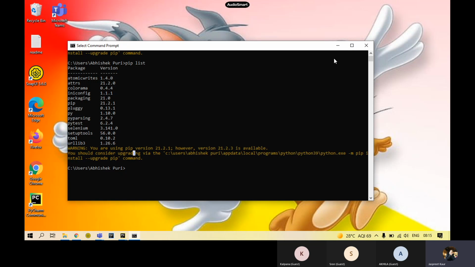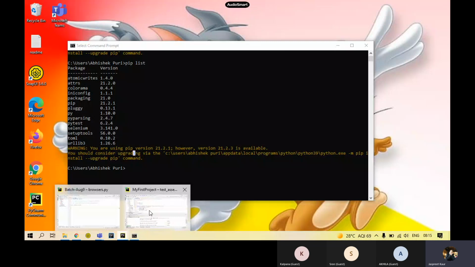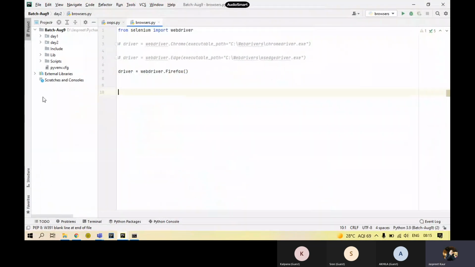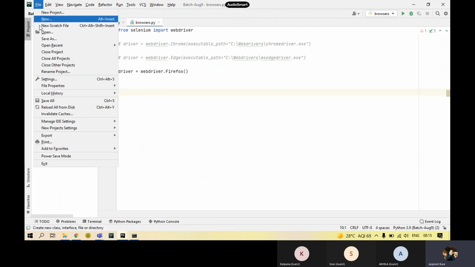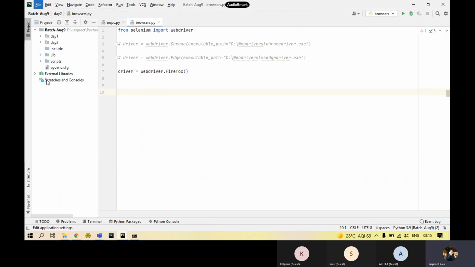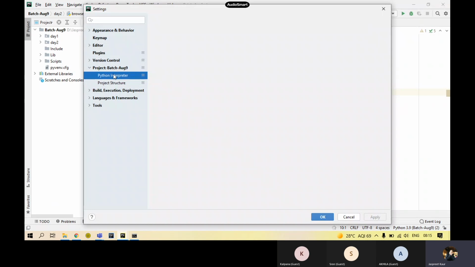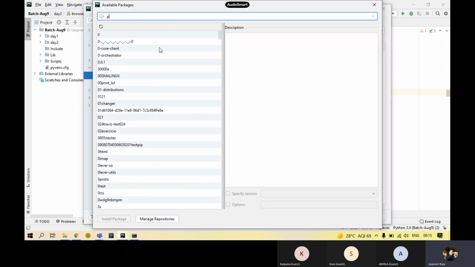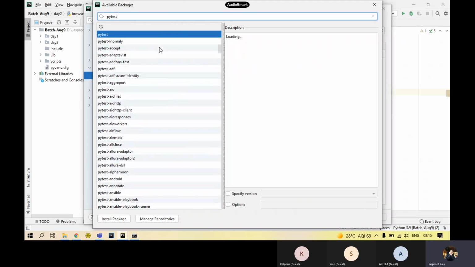What my next step will be is to configure the same package in my project also. So what I need to do is go to File, Settings. In the interpreter, I have to add the package pytest.